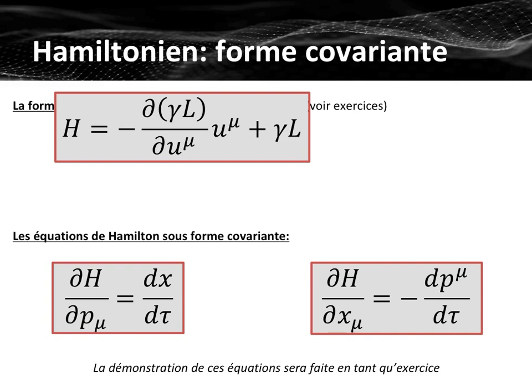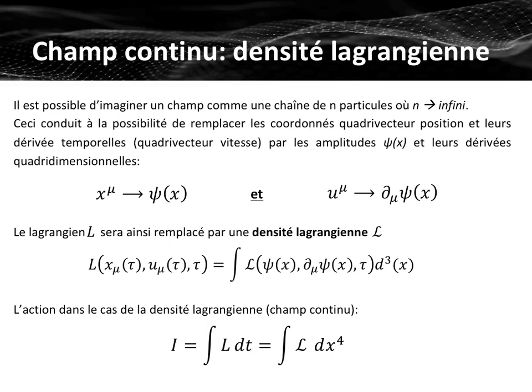Great. Now going to the fields. Now that we have basically seen the equation of motion of a particle with the Lagrangian, with the least square action, we could actually get into it with the Euler-Lagrange equation in the space-time, so in the covariant form. Great. Now we need to use this relativistic form of the equation of motion and try to apply it on